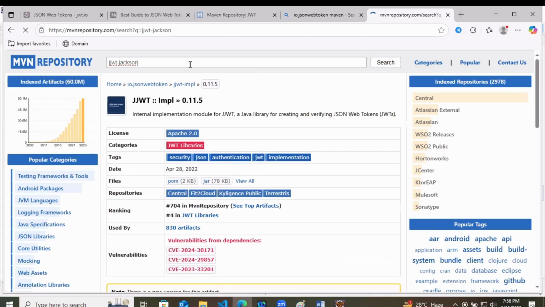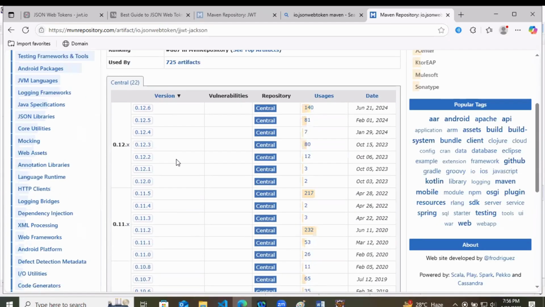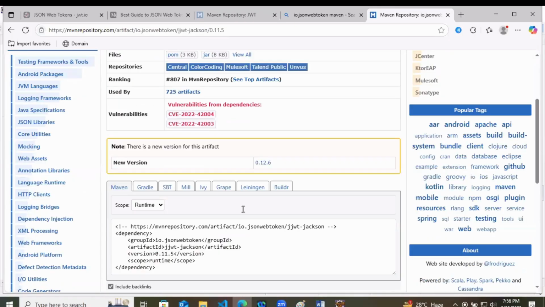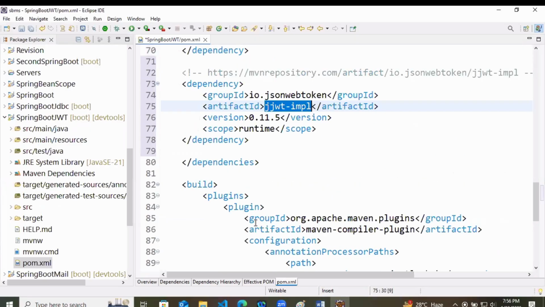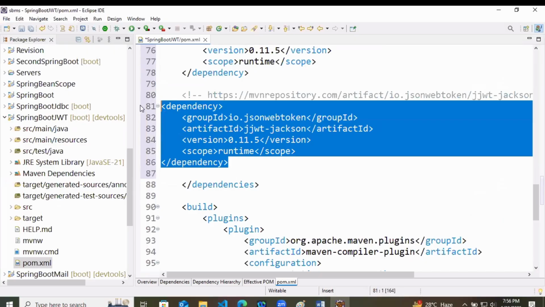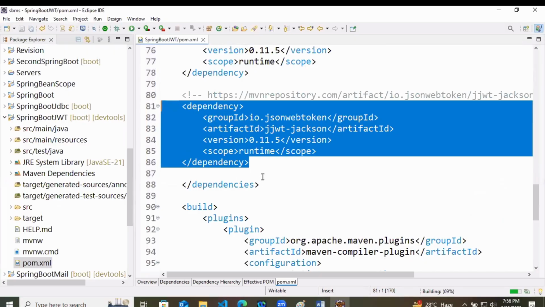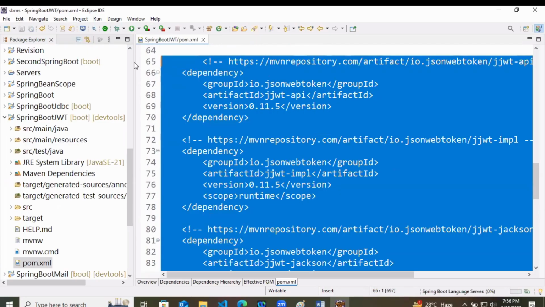That is also it will do. So here you will get JJWT Jackson. And here also use the same version, 0.11.5. So these are the three dependencies that you have to add. Save, and I'll provide the same thing in the documentation as well.